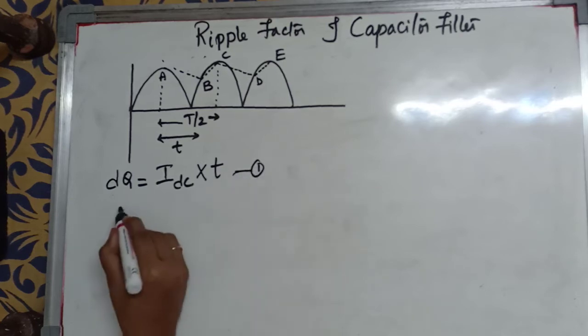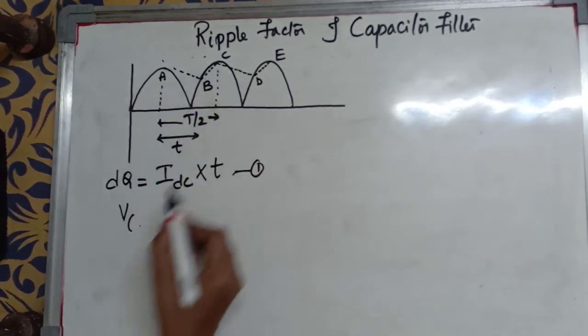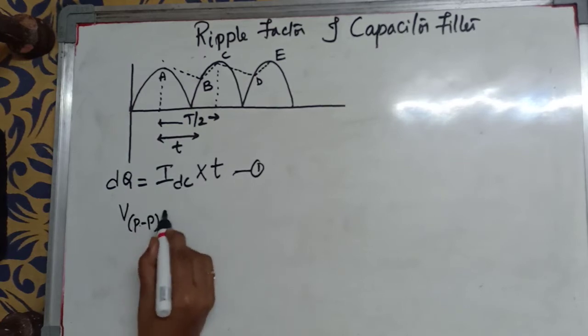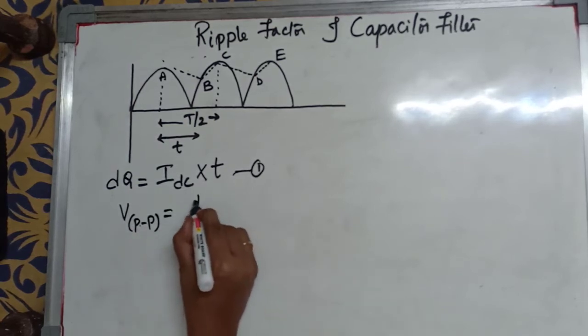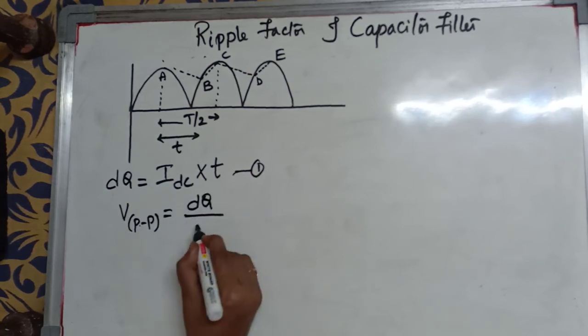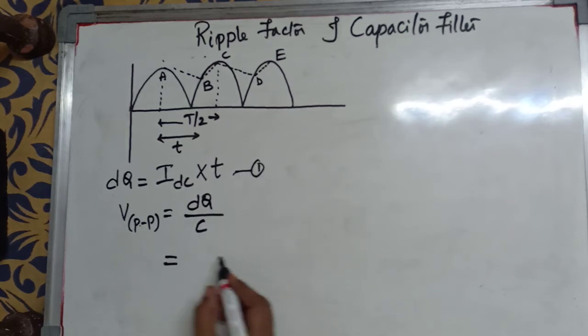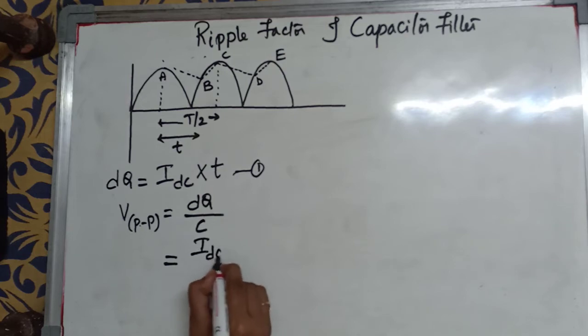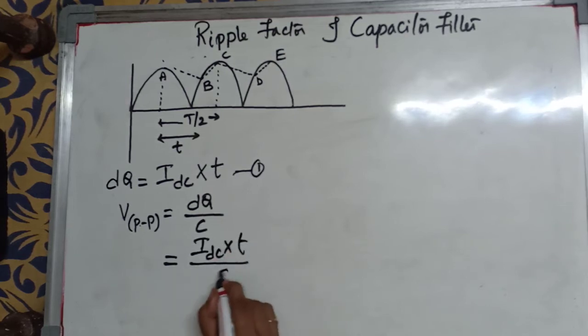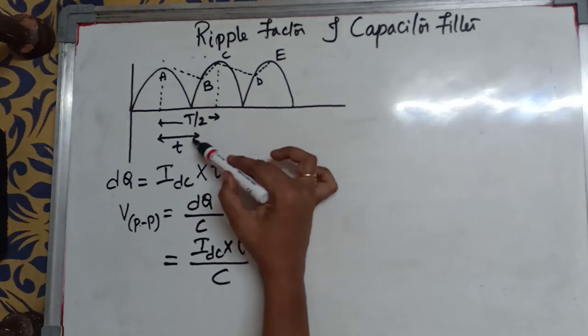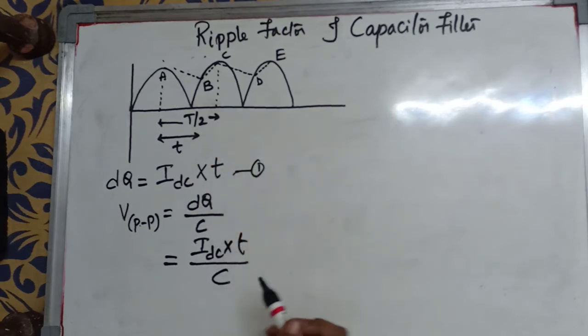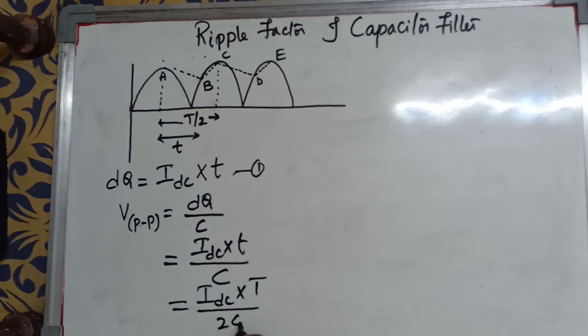Now the peak to peak voltage, as it is a triangular waveform, for that the peak to peak voltage I can write it as, using the relation V is equal to Q by C, I write it as V is equal to dQ by C. Substitute dQ from this equation 1, we get IDC into t by C. Now from the figure I can write this t, small t, approximately equal to T by 2. So therefore I will get here IDC into capital T by 2C,